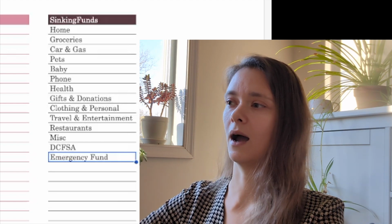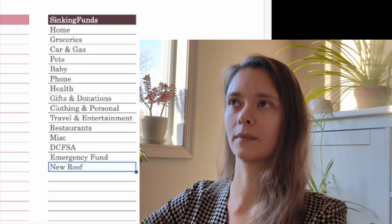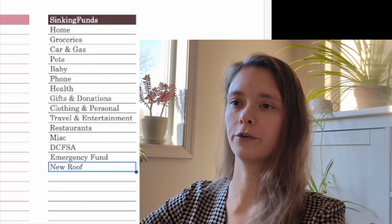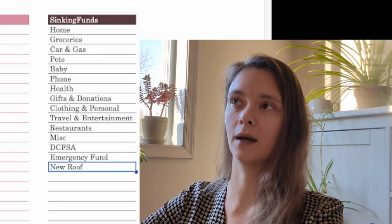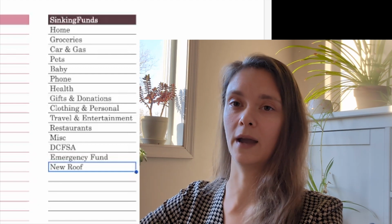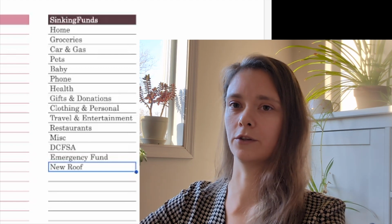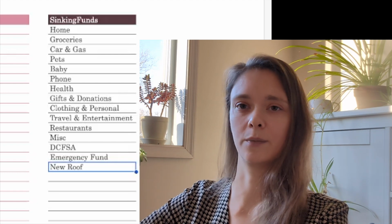And then I have the new roof on here, even though if you've seen, I think my November budget, I finished contributing to the new roof fund, but I'm going to keep it here in the 2025 budget because we will have to spend from it this year. When we pay off the roof in April, I think we're going to pay it off in March. So I want to have that on here so it's not just like all of a sudden $44,000 disappears from